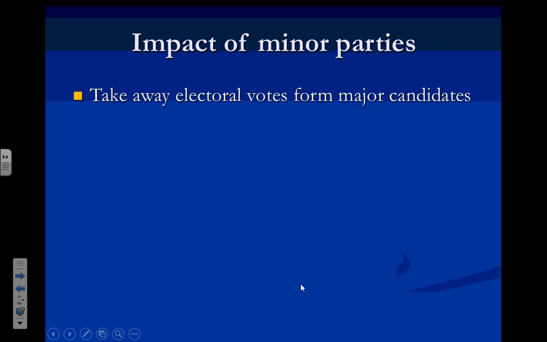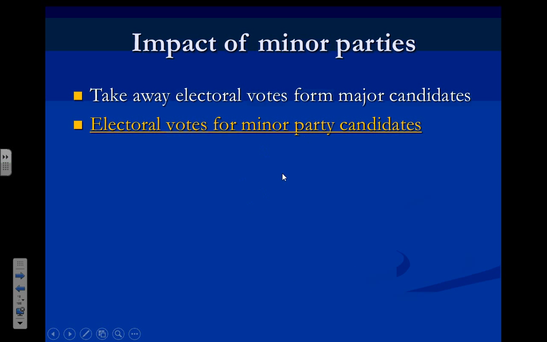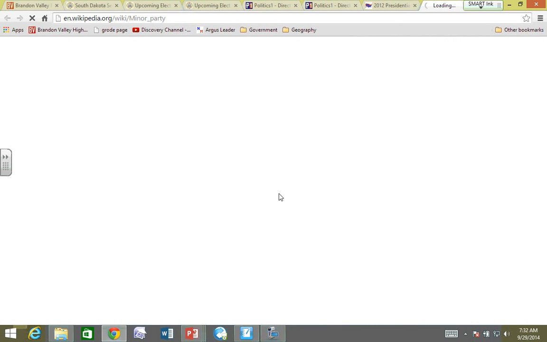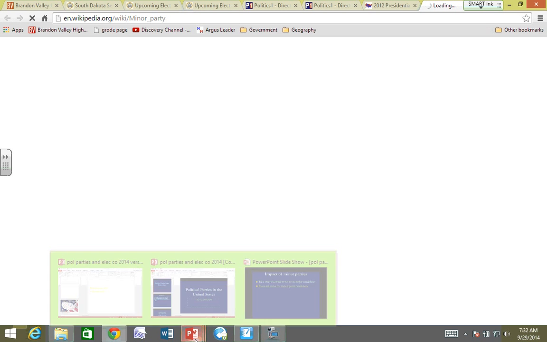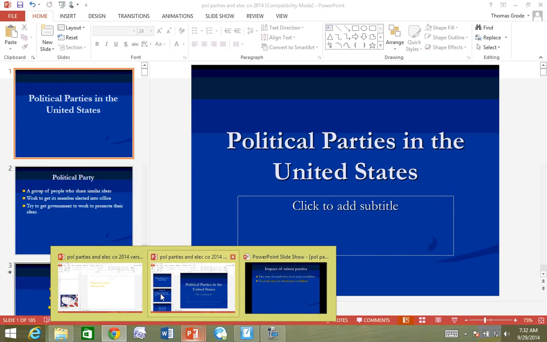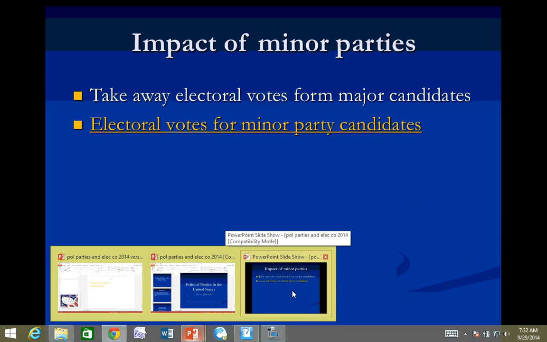Now, a third impact is they could possibly take away electoral votes from a major party candidate. Now, again, we're talking about presidential elections. You have to win the state to get the electoral votes. No minor party candidate has won a single state for years, and this has become less of a factor in today's presidential elections than the other two. In fact, if we look at this chart here, if it works for me, we will see that it's going back to 1968 since a minor party has won a single electoral vote. I don't know if the site's going to work for me, but just trust me. So it's been a very, very, very